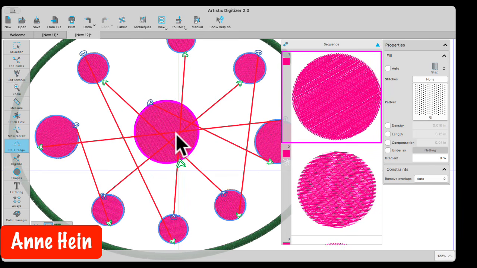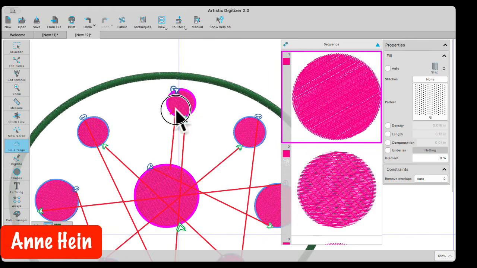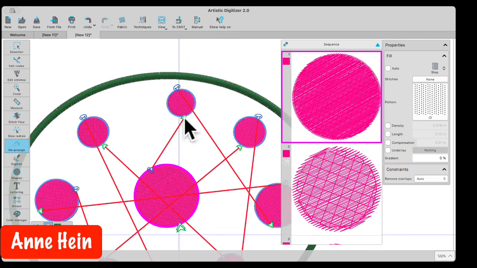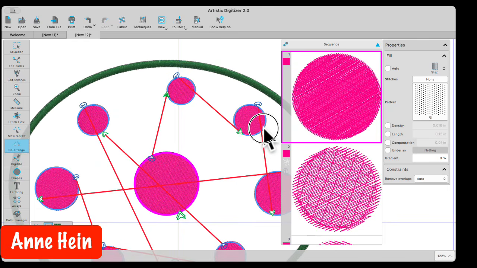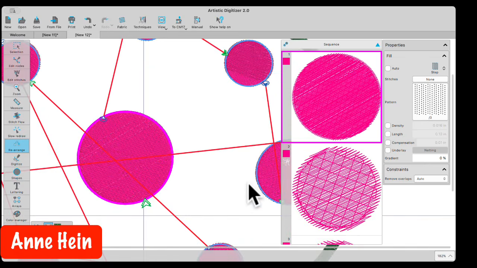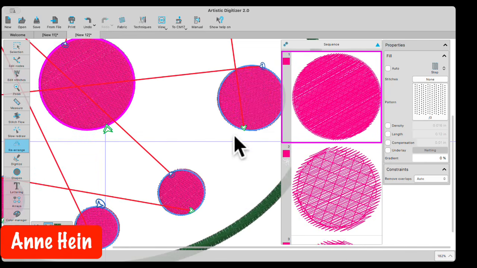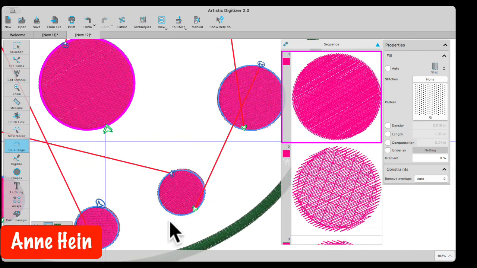So if you want it to go in a certain order, you can rearrange the order by left clicking and dragging to another one like this. And maybe you want it to really come in over here, and then you want it to go to this one. And then you want it to go to this one. And you can move your points around like this, in and out of there. It's going to change the stitch direction because of that, but you could make this go all the way around your piece if you wanted to, like that,